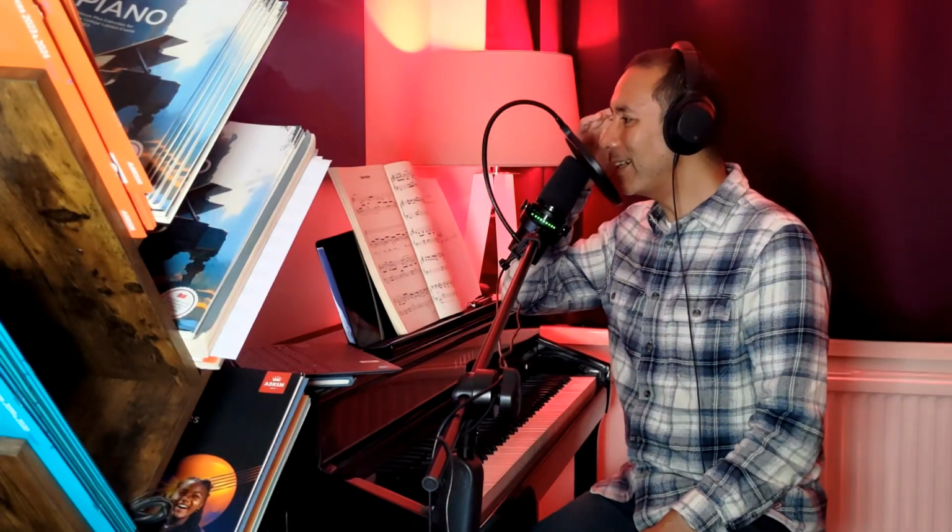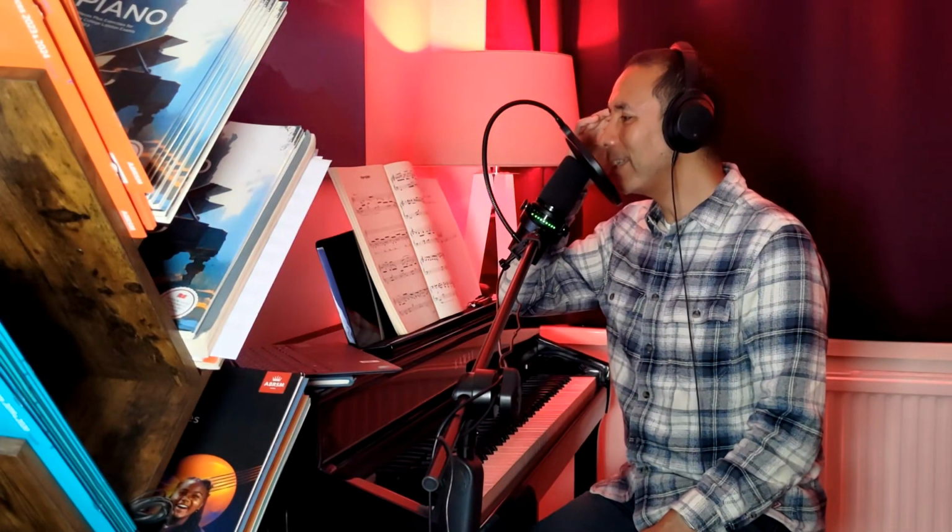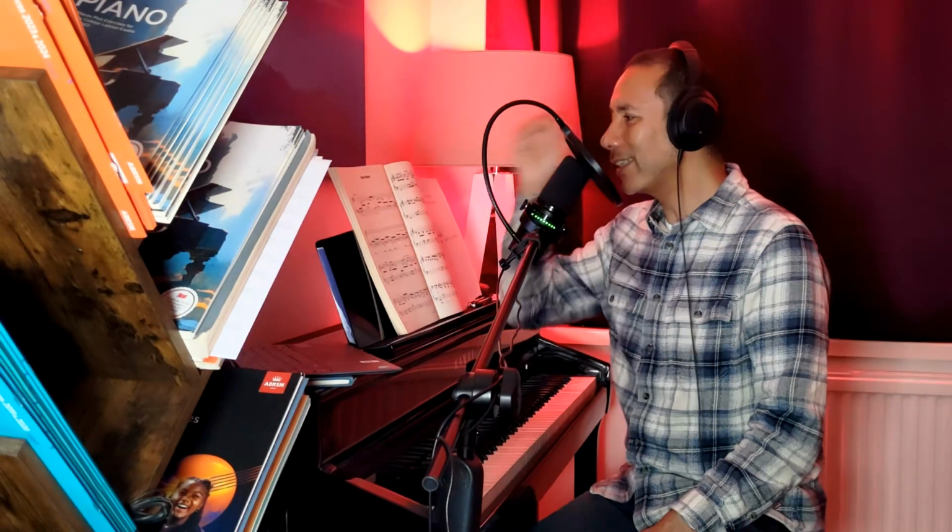But oh my God, this is one of the most difficult Grade 8 pieces I've ever tried to learn, ever. And I think probably not helped by the fact that I really wanted to play it a little faster than the tempo marking. I guess if I'd played it all at the recommended tempo marking, it's probably not quite as difficult, although still pretty difficult. But I just feel that crochet equals 112 is just too slow, I think, especially when he